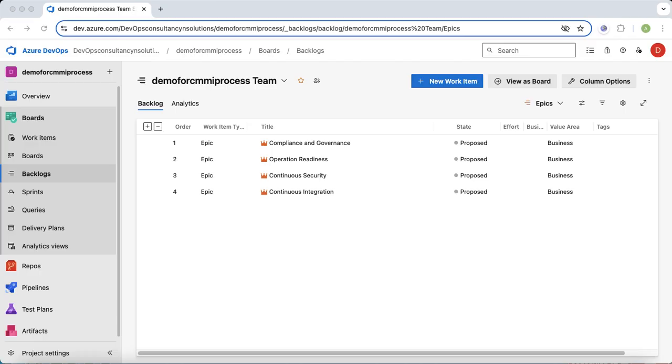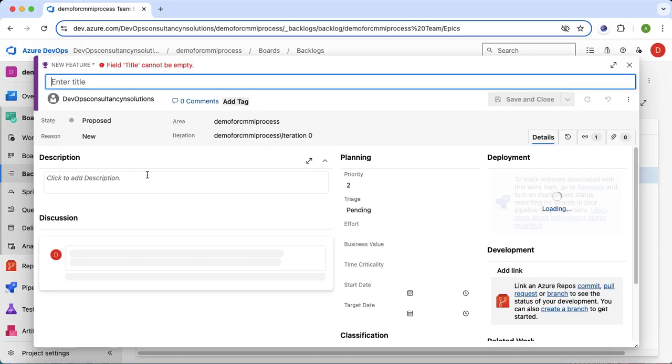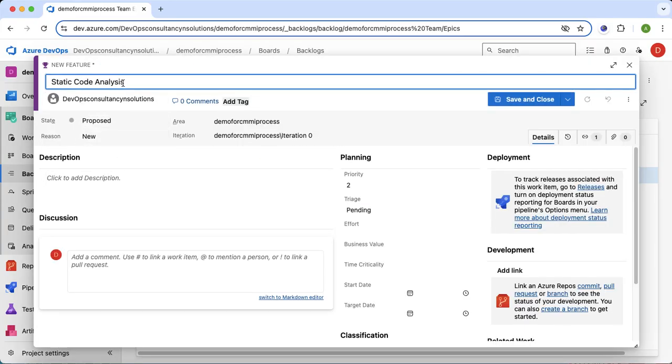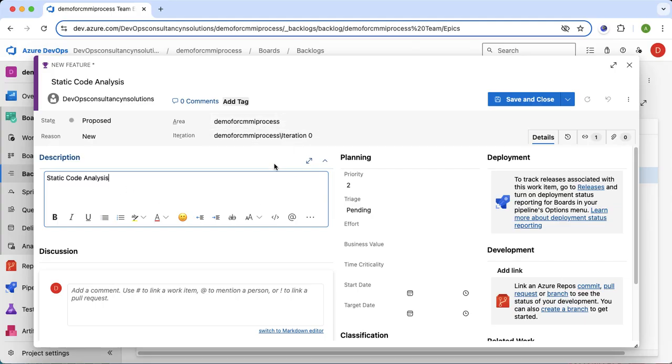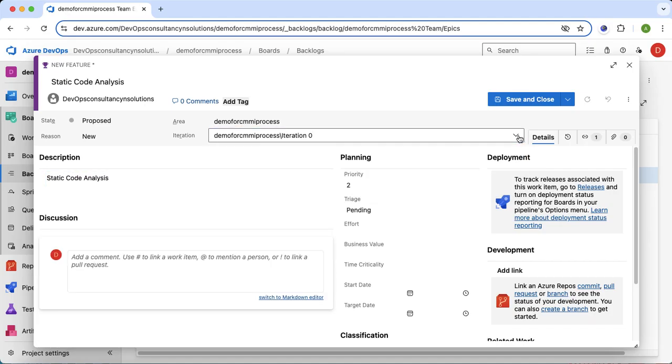So in the epic, I will add the feature here. If I go to the epics, the continuous security, if I go to this plus button, I can add the feature here. So if I click here and add the feature, right? By default, it selected iteration 0, which is the first iteration. Here I can select the start and the target dates for this feature. I can define the effort here, how much effort is required to complete this feature. Here I can define the tags also, like sonar cube,